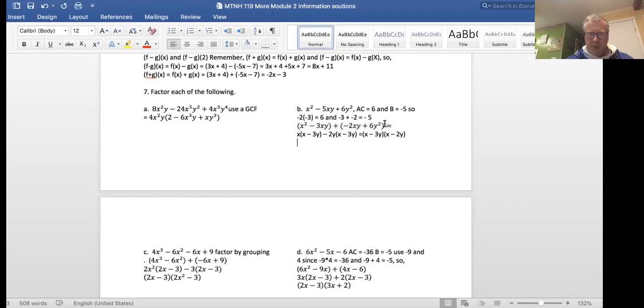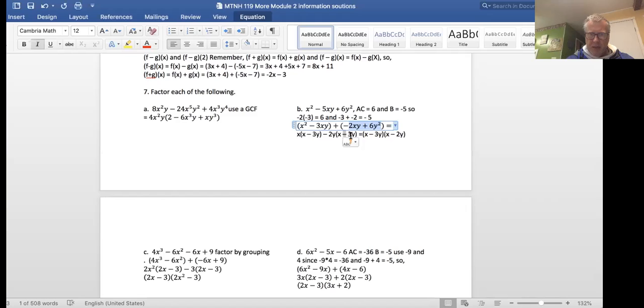So I group the first 2 and the second 2. The first 2, the common factor there is x. The last 2, if the third number is minus, we typically factor the minus out along with anything else. What it does is it changes everything inside the set of parentheses. So if this started out minus, this first term will be positive. If this first term started out positive, the second term rather positive, it will be negative when I factor the negative out. So that factor a minus 2 and a y because they have y in common,